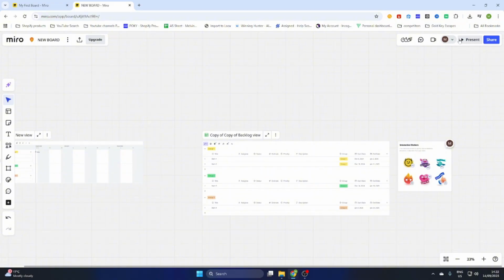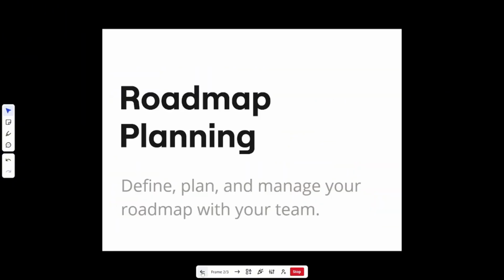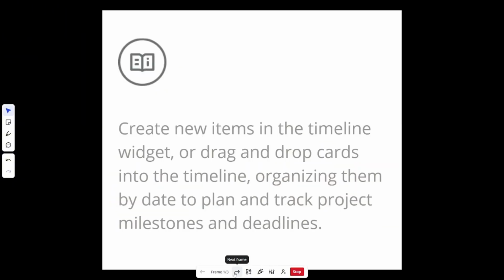If you click on this option, the Present option, then you can start presenting your board. As you can see, we have 3 frames and we can basically go through all of these, but there is